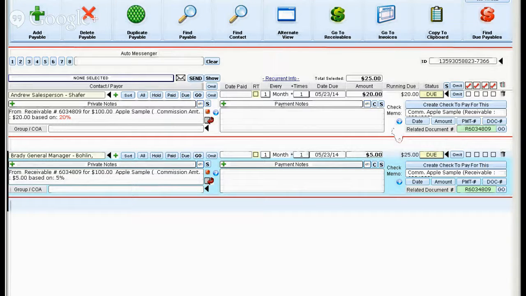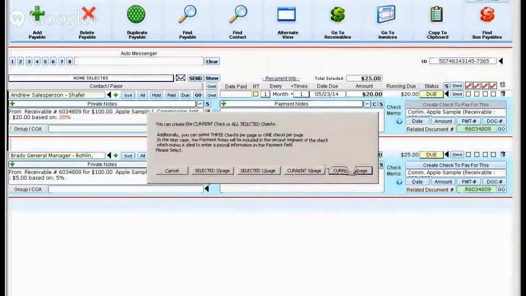But if I wanted to now, and if I had properly assigned a bank actually linked to these people, I would be able to create a check to pay for these payables for everybody with one click. So I will be able to click here and then select for selected payables, either in one-page format or in 3 per page format. So this is the standard check format that you get in Office Depot, Staples, etc. And the one I recommend is this one,